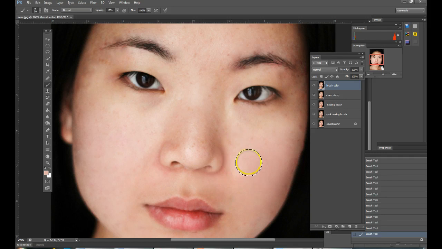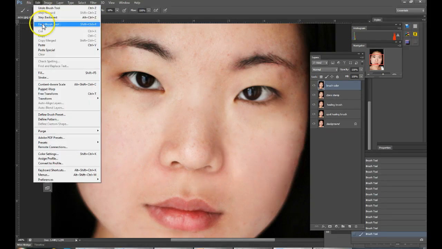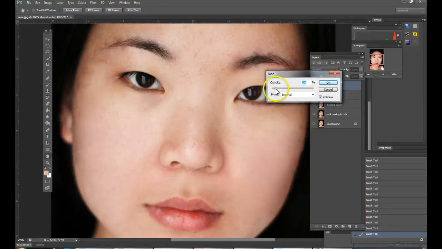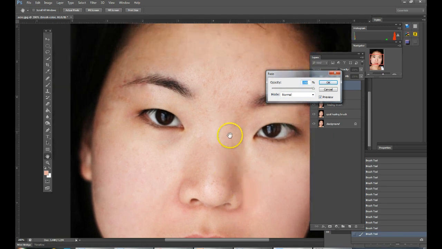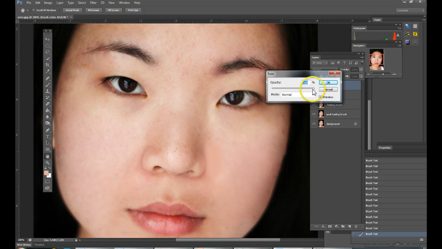Now the other thing I want you to know about is if I accidentally do something that I don't want so much done, I can come over here to this Edit Fade tool, and it will fade your last stroke, whatever your adjustment is. It's on anything you do in Photoshop. You can go to Edit Fade and it will fade only your last thing that you did. So right now it'll show you my opacity here, you can see this come up, and you see how this is all solid. I can fade that so that her skin tone shows through